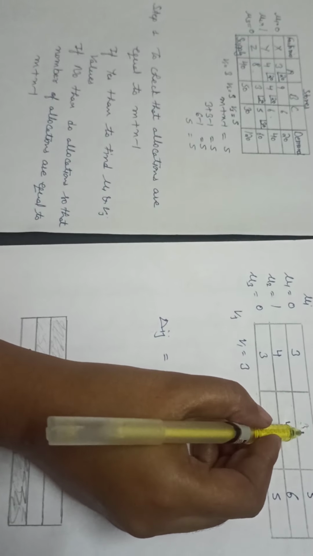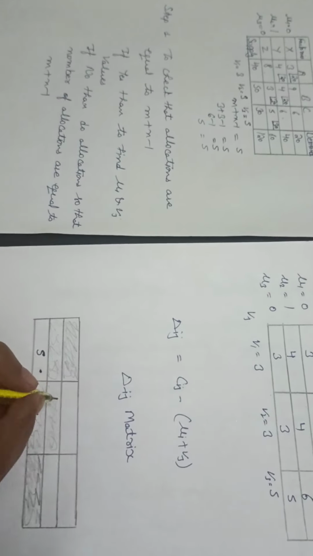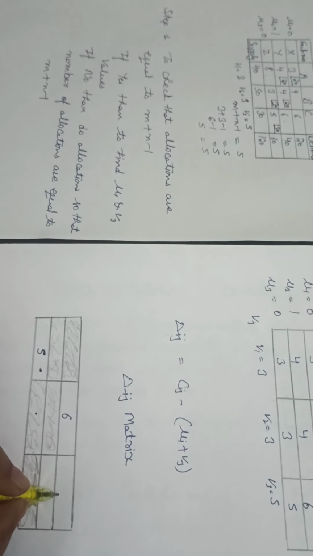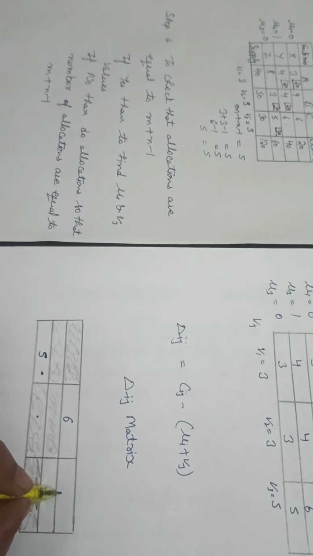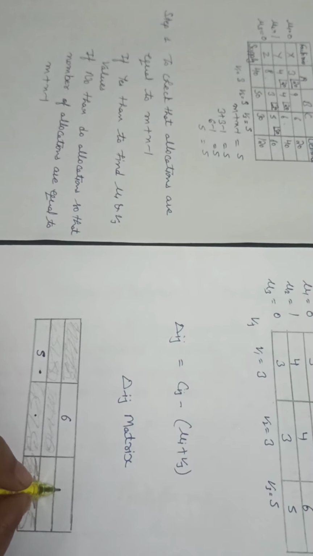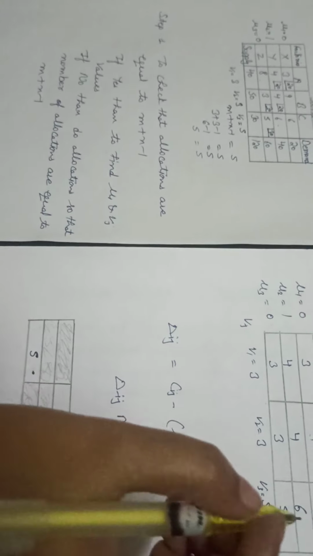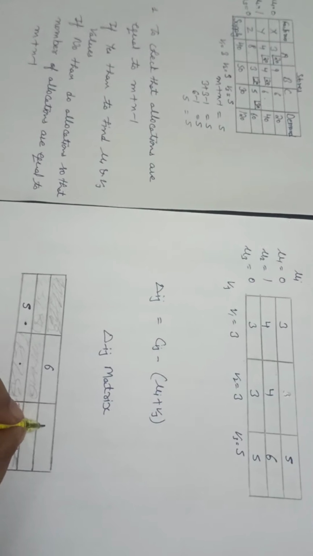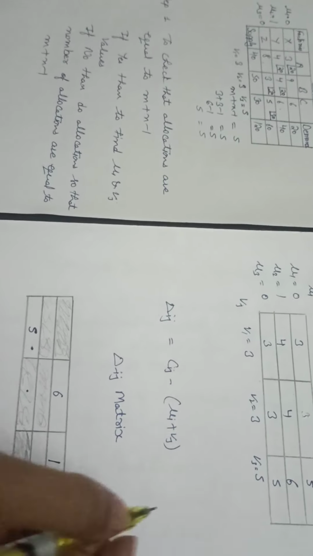Now it is the turn of this cell. In this cell we can see in the original problem we have 9, and in this uv matrix we have 3. 9 minus 3 is equal to 6. Now we will write in this cell. In the original problem here we have 6. We will deduct this 5 from 6. 6 minus 5 is equal to 1.